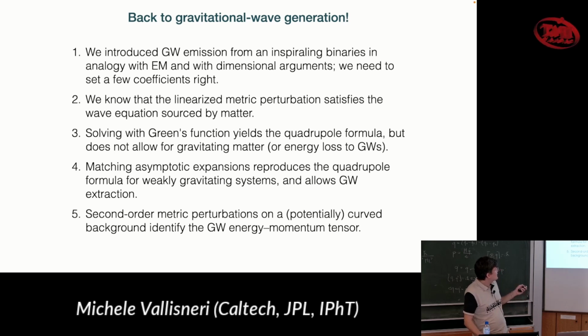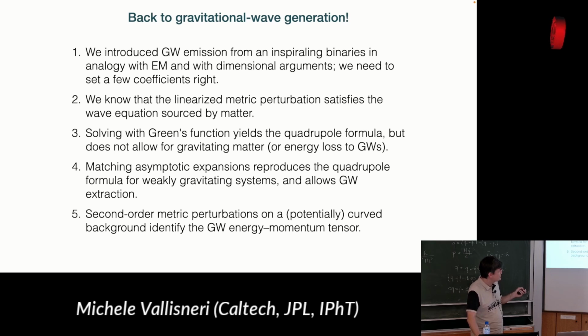So I'm going to show you that if you do Green's function on this linearized metric perturbation, you get the quadrupole formula, but it's a strange halfway theory that gives you the emission, but it doesn't allow for the system itself to be orbiting, and also it doesn't allow for the loss of energy for the system. So you have to go to second order theory, and that lets you identify a gravitational wave momentum tensor, and also lets you have gravity, which means you can't use the naive quadrupole formula, but you have to do something more sophisticated, which is